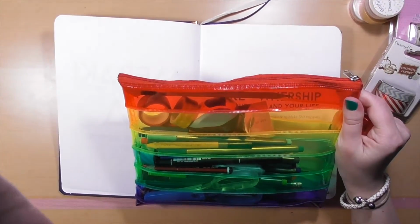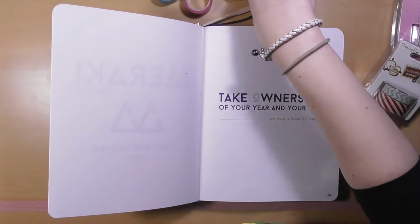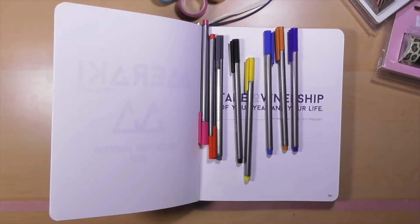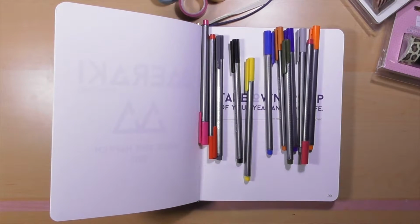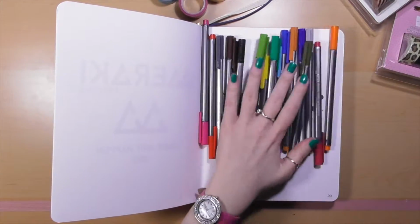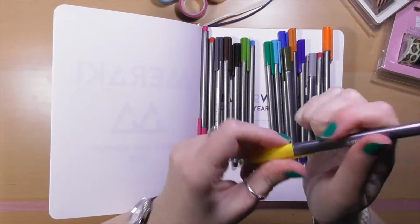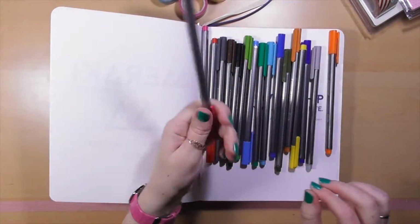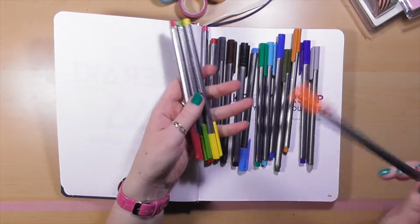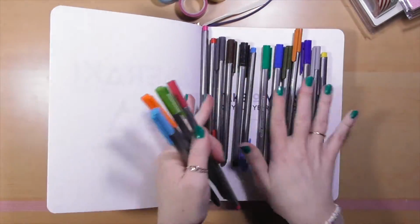The Make Shit Happen website and blog have also suggested several types of pens, depending on what kind of thing you like to use. I luckily had some Staedtler pens that I've been using for the last couple of years in different diaries, and yes, I have tried them out on the paper. They do not bleed through, they're very good. The darker colours do have a slight shadowing, but there is no bleed through really, and it's really not a problem. The paper seems to have been coated in something,